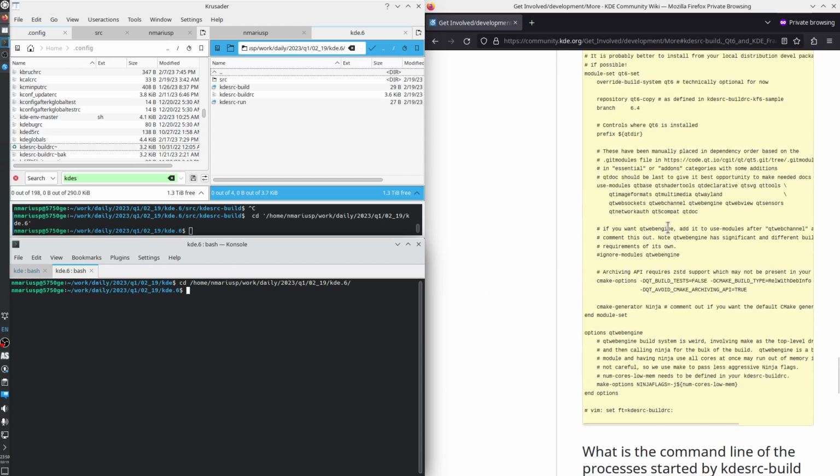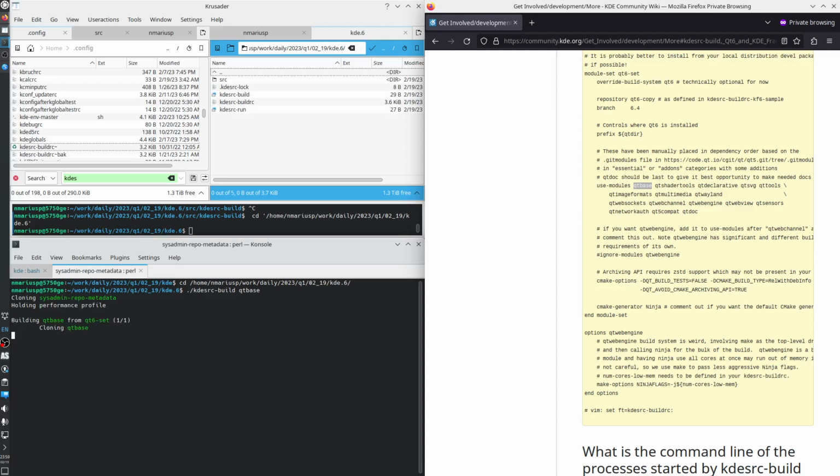Okay. So what do we build first? Qt base. So /kdesrc-build Qt base. Okay, so kdesrc-build knows that there's a module set called Qt6-set, which is defined in here. And as part of this module set, there are these modules. So Qt-base is one of them. It knows where it resides. It resides in